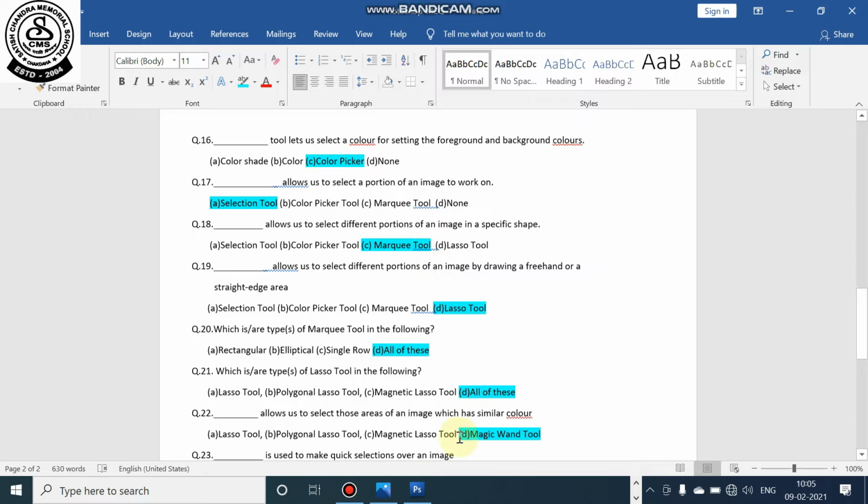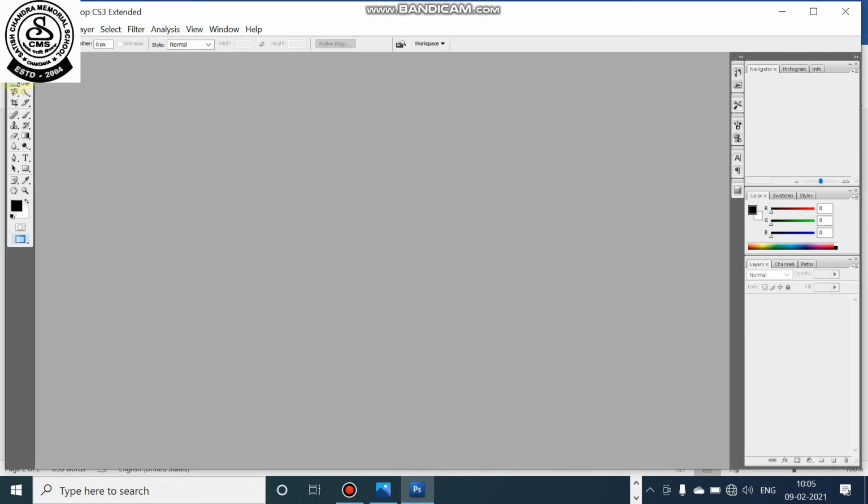And in the software you can place the mouse pointer, Marquee tool is coming, and if you right click on the Marquee tool, you can see 4 options: rectangular Marquee tool, elliptical Marquee tool, single row Marquee tool, and single column Marquee tool. So this is the Marquee tool by which we can select a portion of an image with a particular shape.